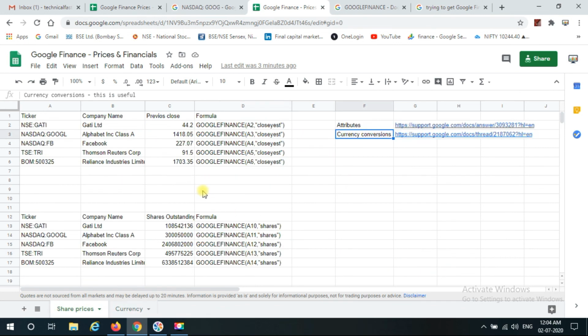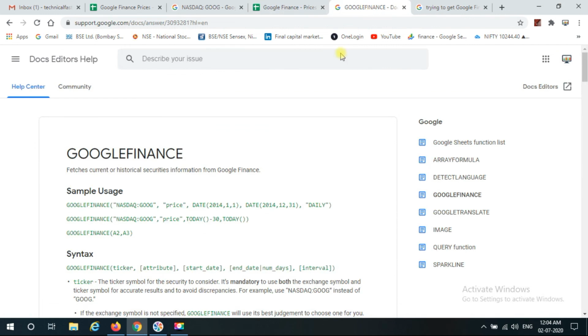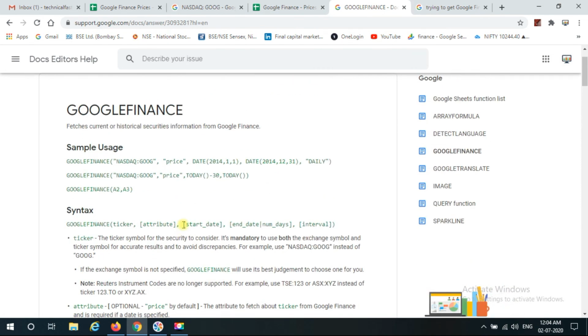For the share price, which I told you initially, I have given multiple share prices with cell references, so you can add anything you need. I have given this example of shares outstanding over here as well. This would be very much useful, and you can use these links, Google Finance, which are attributes.